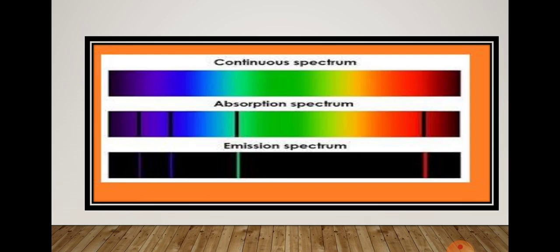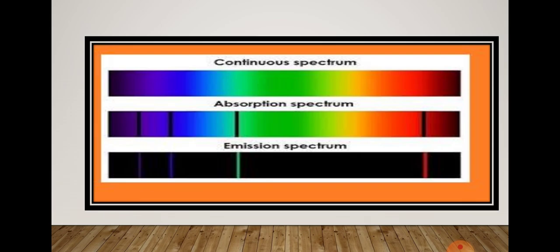Okay, the wavelengths absorbed depend upon the nature of the chemical through which continuous light has been passed. It has also been found that the dark lines appear at the same place where colored lines are obtained in the emission spectra for the same substance. Thus, the wavelength absorbed in absorption spectra and wavelength emitted in emission spectra are the same. The study of emission or absorption spectra is called spectroscopy.